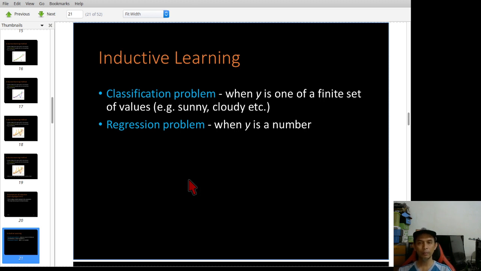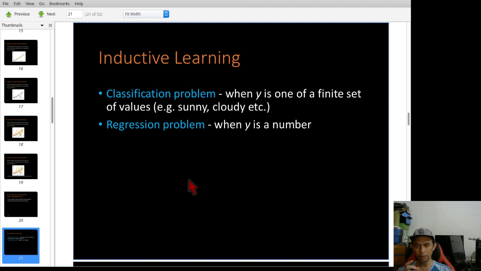Now the regression problem is continuous. Normally the value y is a number. For example, you want to predict what the temperature is today. It could be 36 Fahrenheit, it could be 36.1, 36.2, and so on.